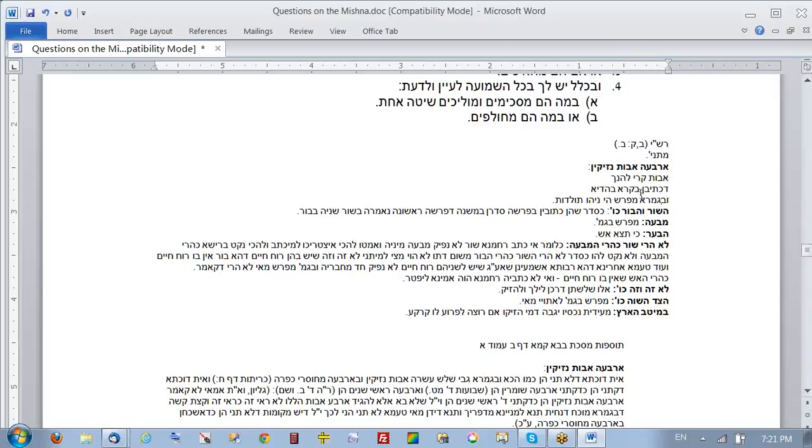Anyway, that's a simple pshat, exactly, which is that he's giving the reason why these things are called avos, and the duh means the reason they're called avos is because they're written clearly. And the inference would be anything that's not written clearly, i.e., it has to be derived, then you would call toldah.